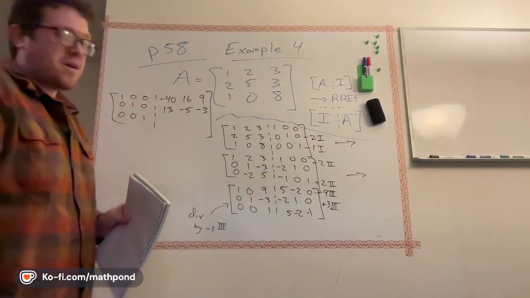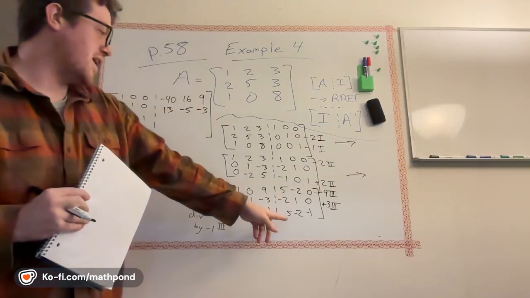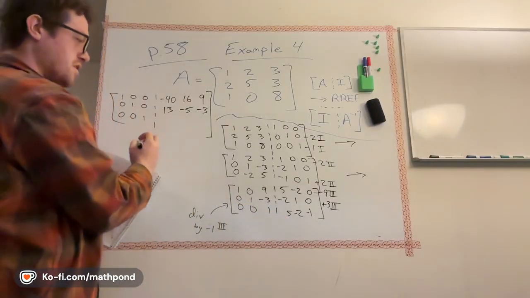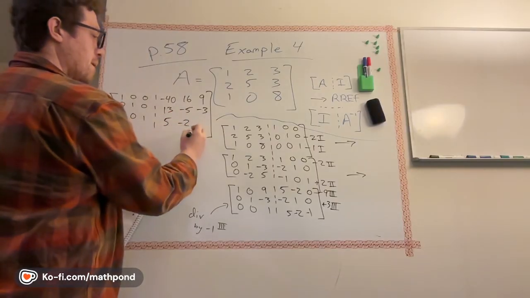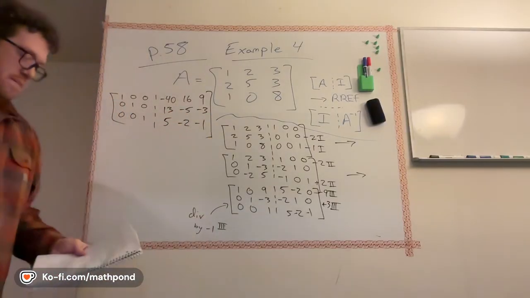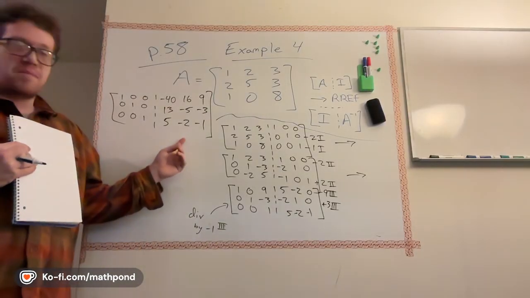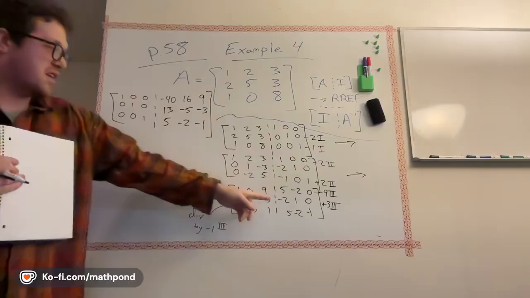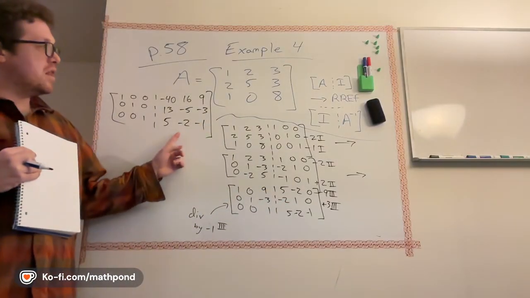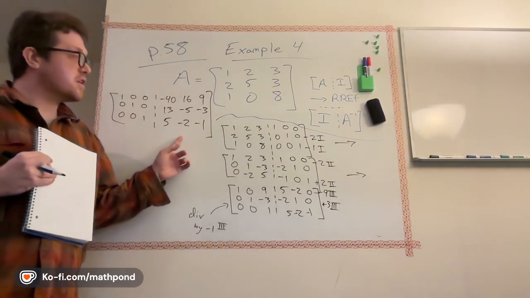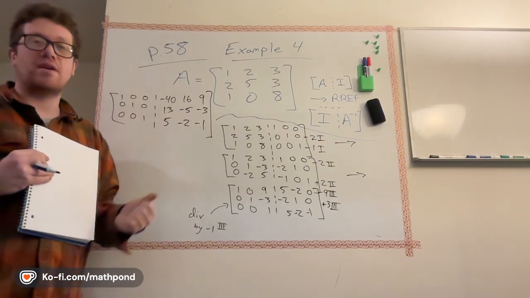And you can see why these problems are a little annoying. It's just a lot of arithmetic, right? So now the last row doesn't change, actually, so we're pretty lucky here. And I did, in fact, get the same answer as the example in Anton by checking it. Even though we did the row operations in a different order, the inverse is actually unique for a matrix, so there's only one answer that I could possibly get, even if we go about it a different way.